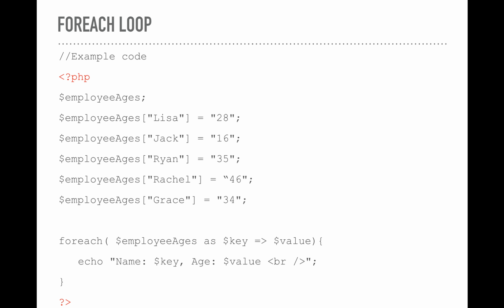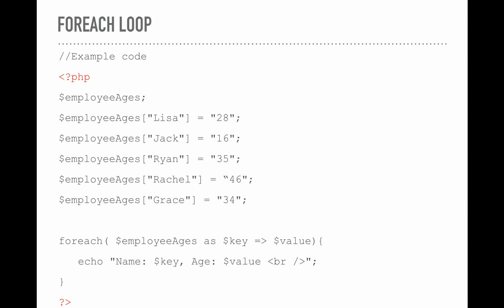And another example is where I declare a variable $employee_ages, and then I assign a certain value to different keys. So for example, $employee_ages Lisa equals 28, and when I run my foreach loop, in parentheses I put $employee_ages as $key => $value